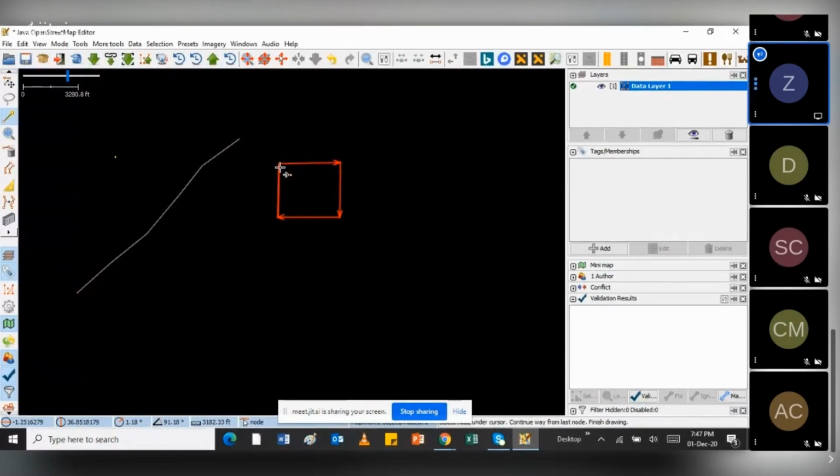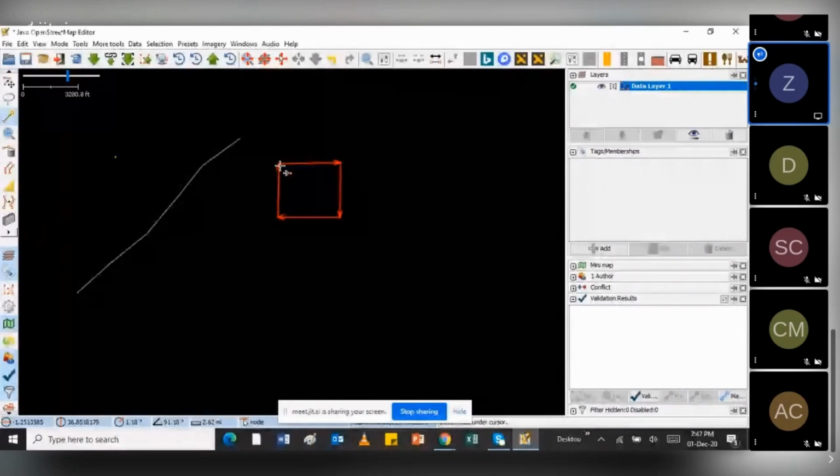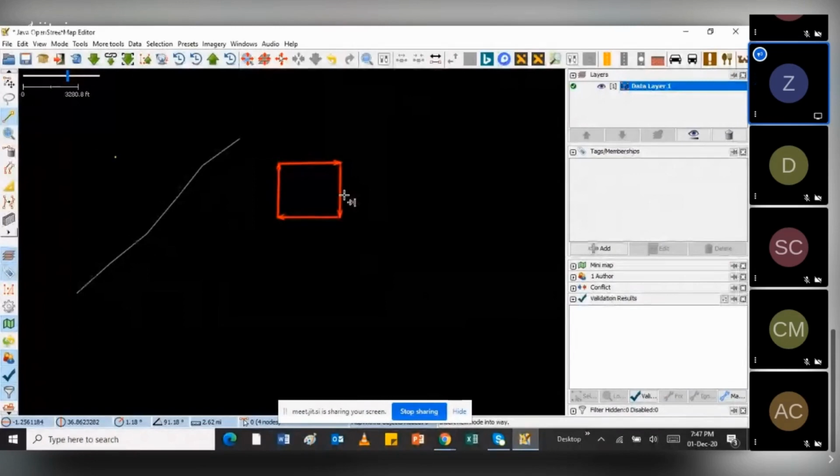Then I think this is the part that is a bit different. Remember, for the iD editor, James was saying that once you come to the end, you just press enter, and you finish the tracing. For this one, you have to go back to the starting point, then double click there, and that's when that specific feature gets completed. I have to make sure that I've selected exactly where I started. The only way to know that this has been added is that it turns red, which means I've completed that specific feature, which is the polygon feature.